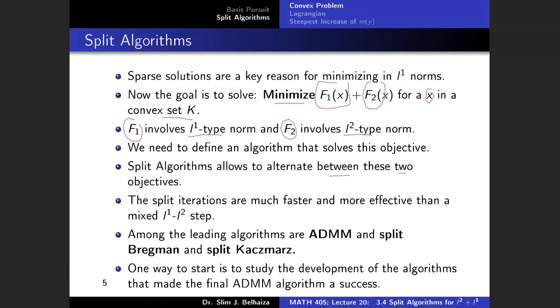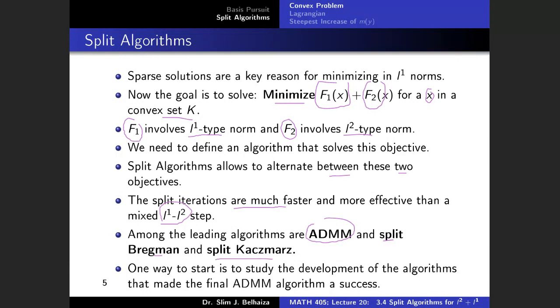And the split iterations, in practice, are much more effective and fast than combining L1 and L2 norm in one step. Among the leading algorithms, you may cite the ADMM, the split Bregman, and the split Max-Mars